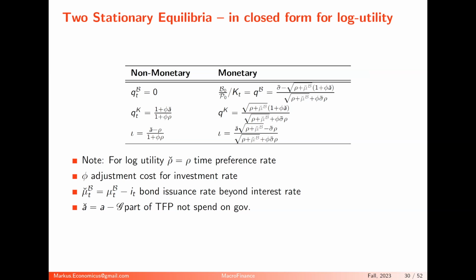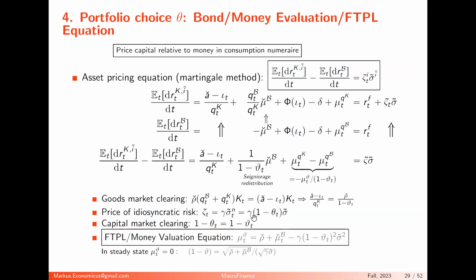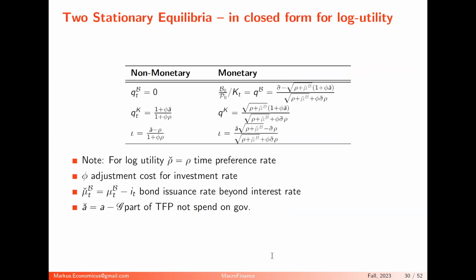Or we have to fix that. Whenever there's a sigma tilde, there should be a square root of gamma here, and here, and here, and also here. Wherever there's a sigma tilde, there should be a square root of gamma. But in any case, no, sorry, forget that. We're in the log utility case, so gamma is 1.